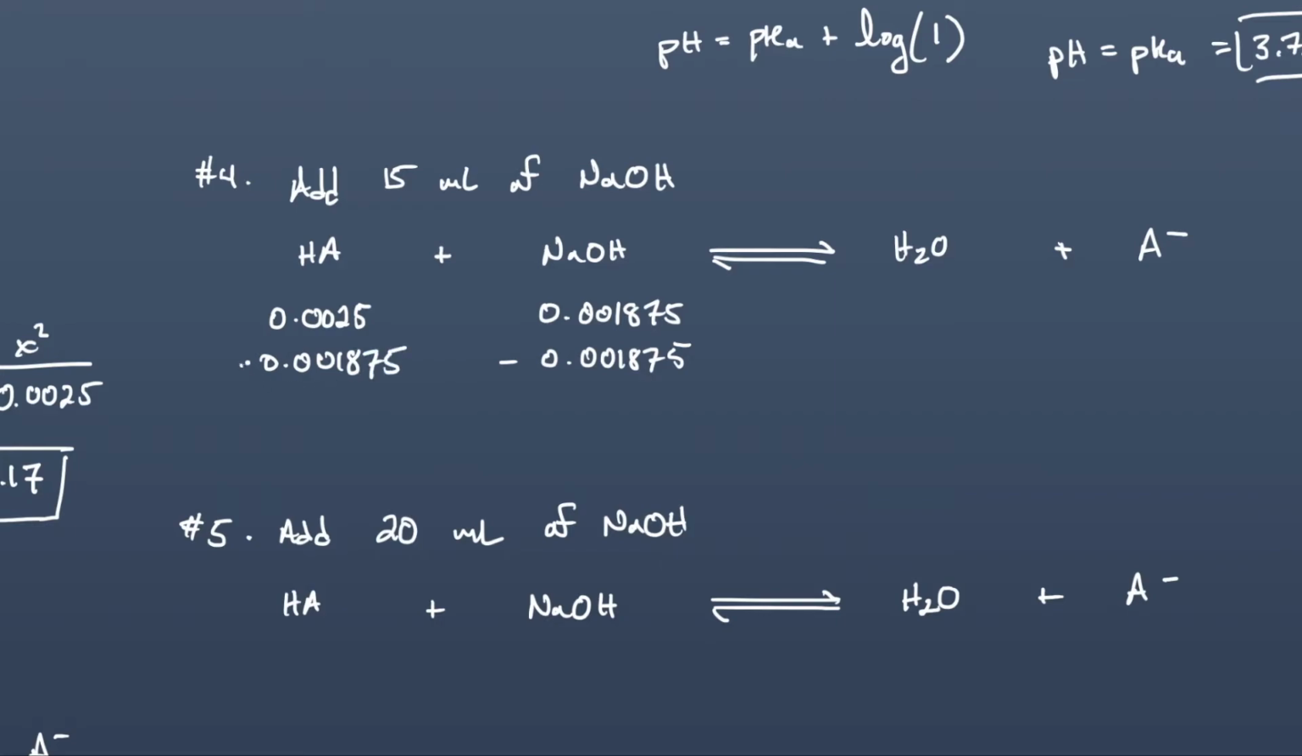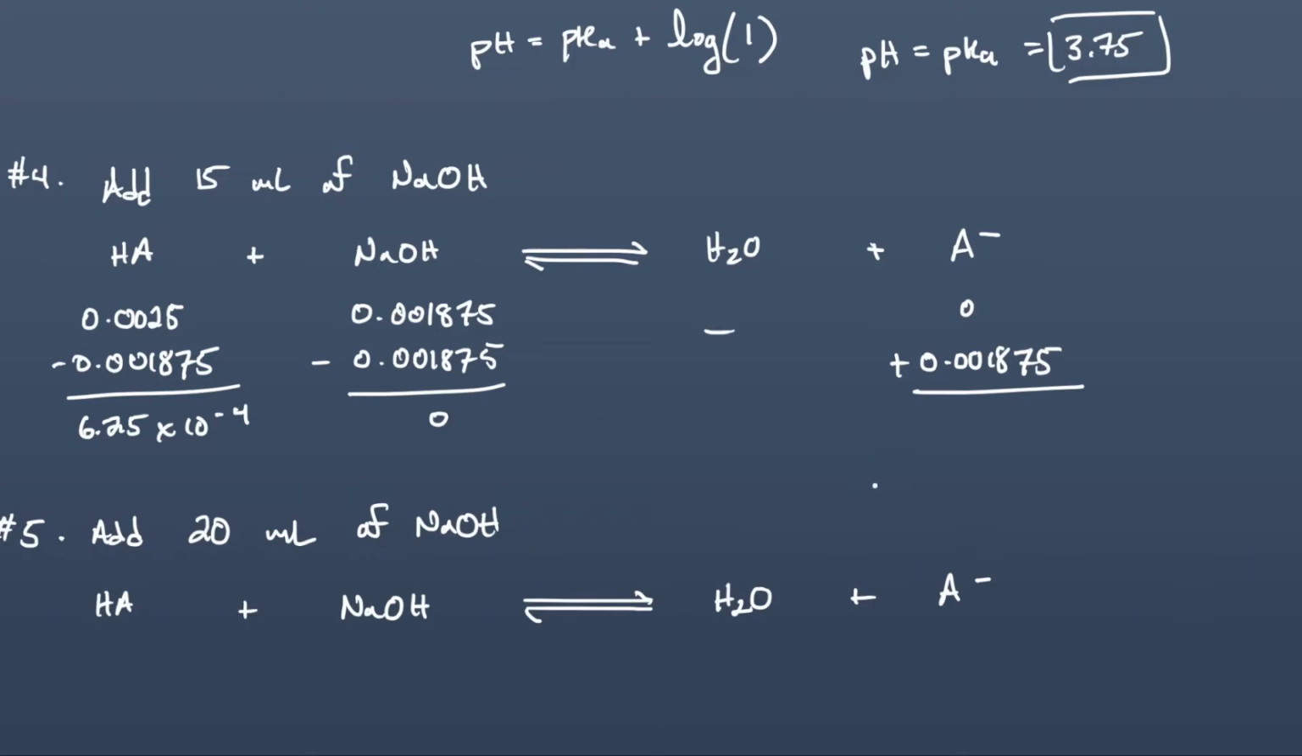0.001875, and then no water, and we have to add 0.001875, like this. And what do we get? We get 6.25 times 10 to the negative 4 right here. We get 0 here, and we have 0.001875. All right, we can do the Henderson-Hasselbalch again because we have this in solution and we have this in